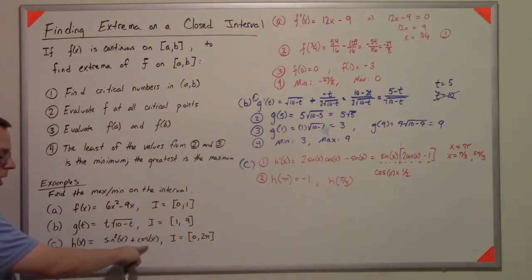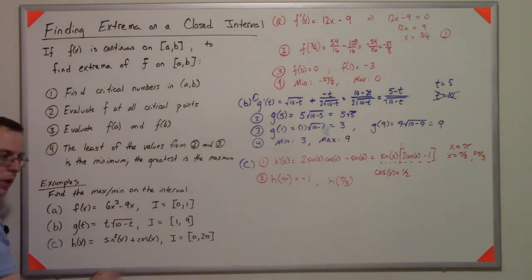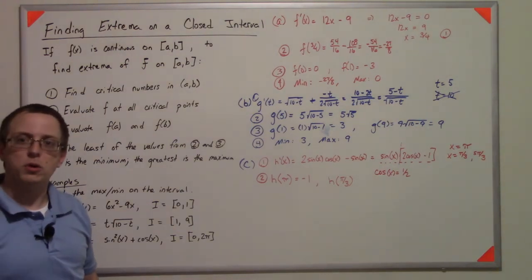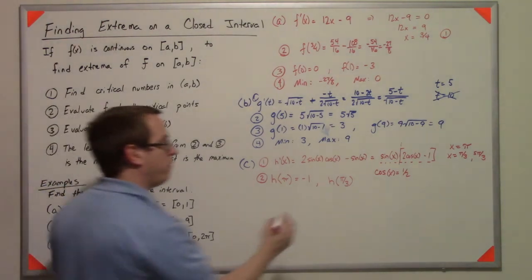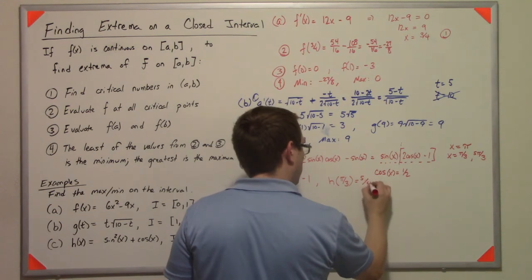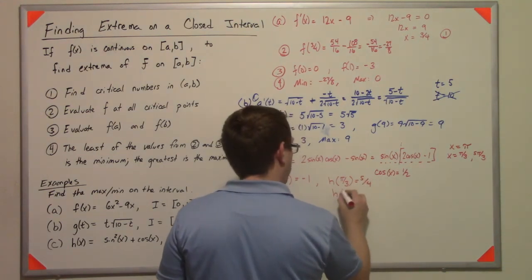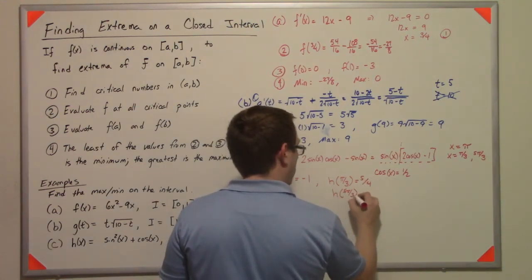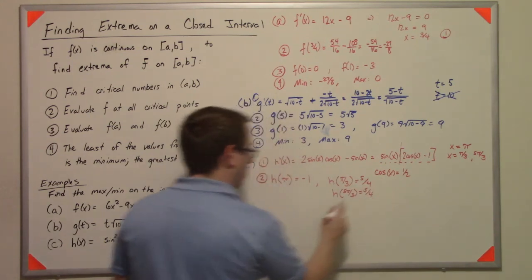We already determined that. So it's 3/4 plus 1/2, so that's going to be 3/4 plus 2/4. So it's going to be 5/4. And then you're going to find that at 5 pi over 3, you also get 5/4, because even though